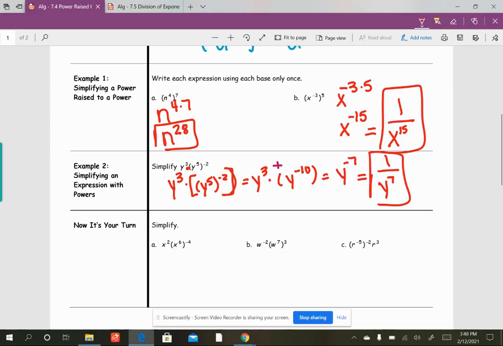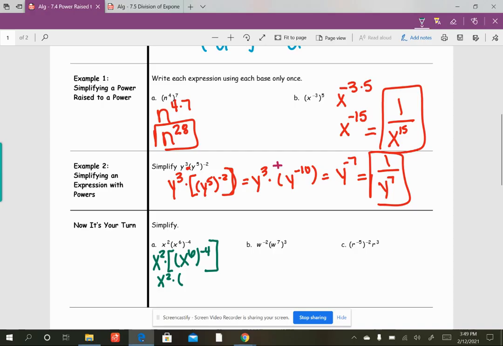So now we have 3 examples down at the bottom, and now it's your turn, and we're going to be doing the same thing. Let me switch colors. Think of this as x squared being multiplied, and we put all of this information in brackets so that we remember to do it first. So we have x squared times